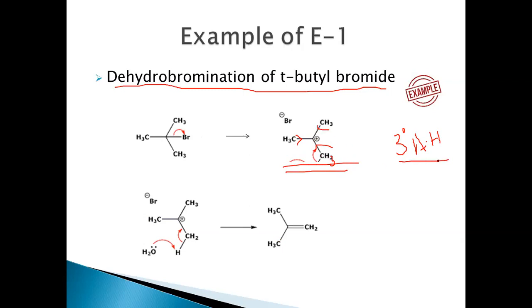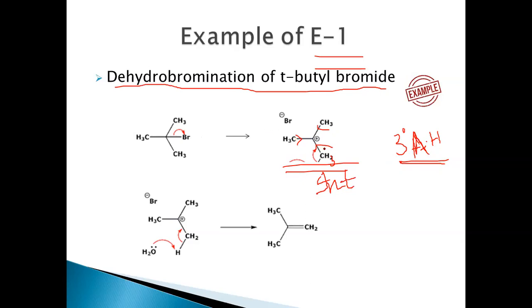So tertiary alkyl halides react by the E1 mechanism, and primary alkyl halides react by the E2 mechanism, because E2 proceeds through a transition state, and for tertiary alkyl halides to proceed through an E2 reaction, there is a lot of steric hindrance in the transition state. So it cannot proceed through the E2 mechanism. So the tertiary alkyl halides proceed through the E1 mechanism, because the carbocation which is formed is stabilized by these methyl groups by means of